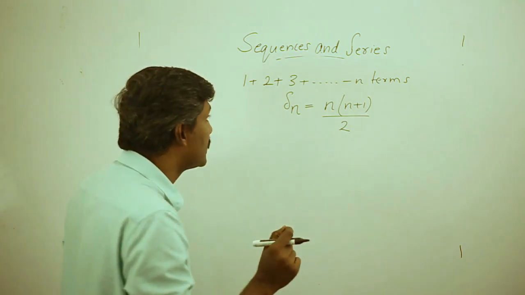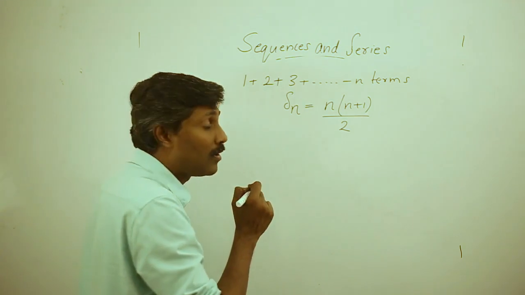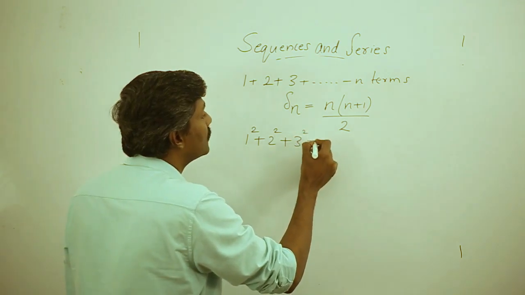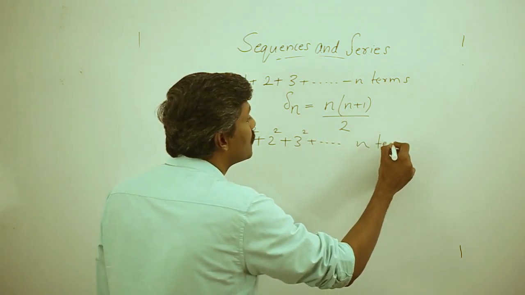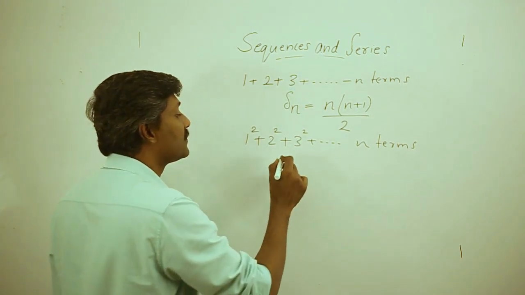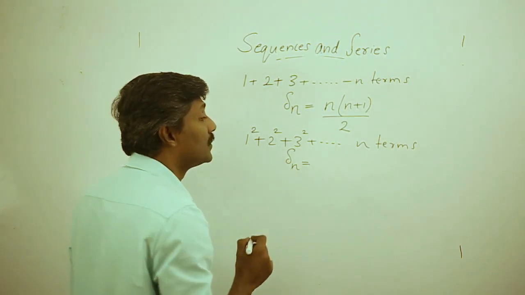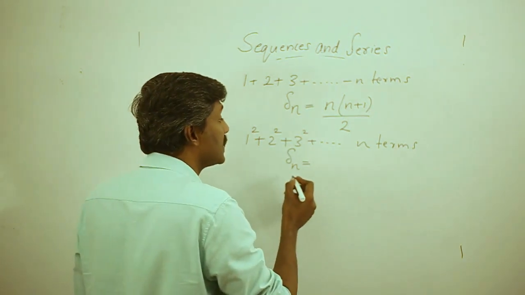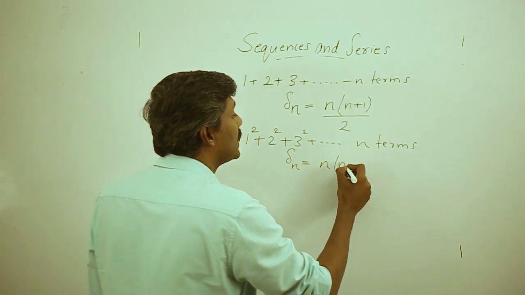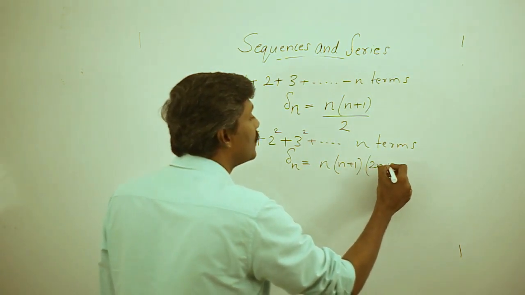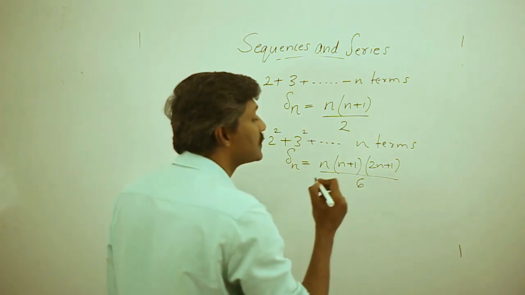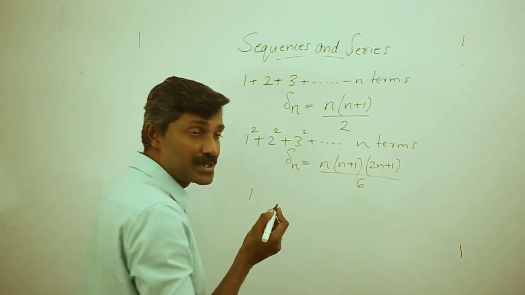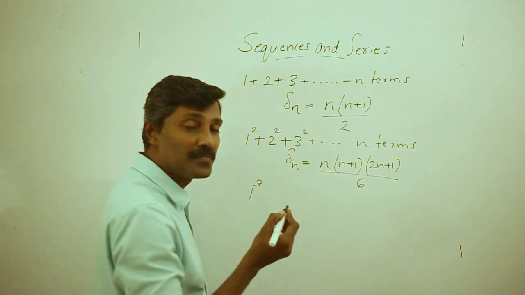Now the second series is you have to find out the sum of the squares of first n natural numbers. Again n terms, okay? Just remember this formula, the sum of squares of first n natural numbers is n into n plus 1 into 2n plus 1 divided by 6, okay? Just memorize this. And the third special series is the sum of the cubes of the first n natural